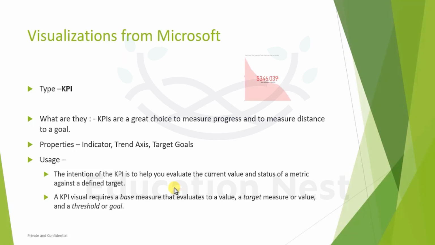A very important chart, or I mean to say visualization, which you would usually use is KPI. KPI is key performance indicator. This is always a singular value derived by dividing one value over the other value. So it is used to measure the progress, as in how far have we reached, and to measure the distance